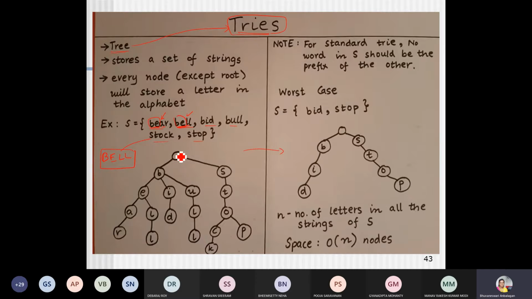So how can this trie be built? For every trie there will be a root node, which will not store any alphabet. This will be an empty root node, and from here it will start its search.